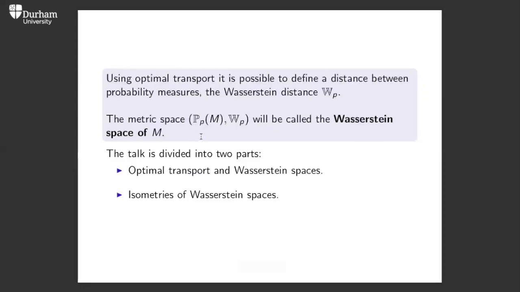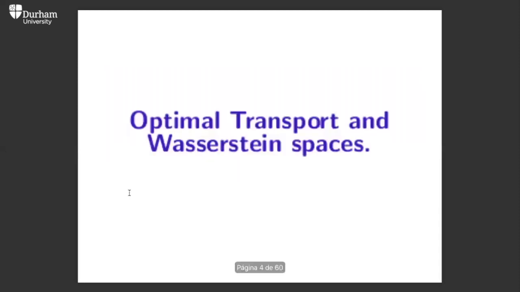The talk is divided into two parts. In the first one, I will talk about what optimal transport is and some properties of Wasserstein spaces. And in the second part, I will talk about the isometries of Wasserstein spaces and the results we obtained. So for the first part,